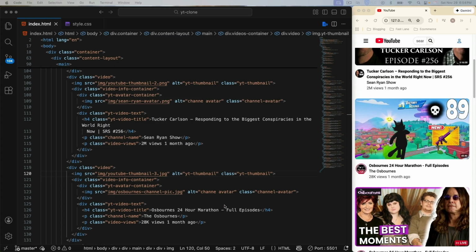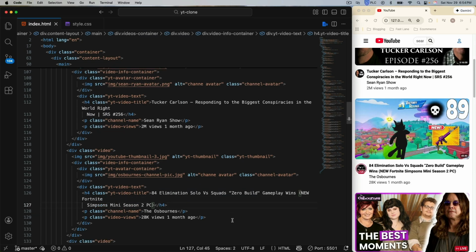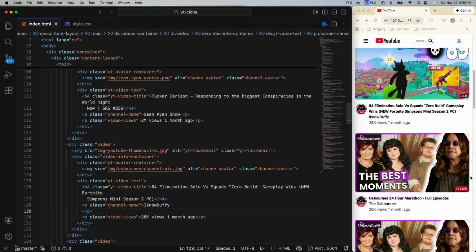He does zero builds, which is what I play, but he solo queues against squads of 4, and his movement is just so crazy, bro. Like, he just murders. He goes 1-on-4 consistently and wins. It's so fun to watch. Very good player. So I Know Duffy,